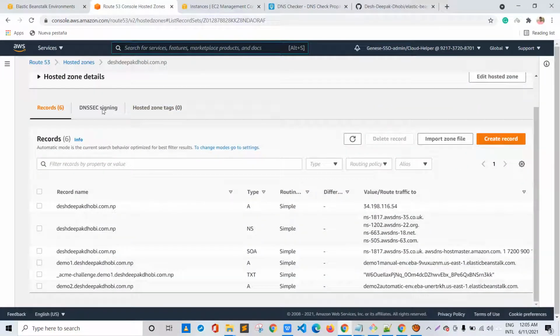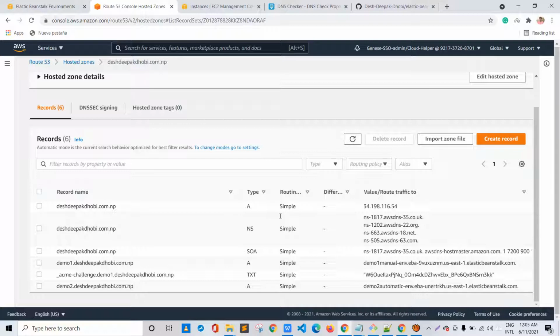I am using Route 53 for hosting the domain name. You can see that there's a domain name called demo1destipakdobi.com.np, and demo2destipakdobi.np for demo 2, and the first is for demo 1.